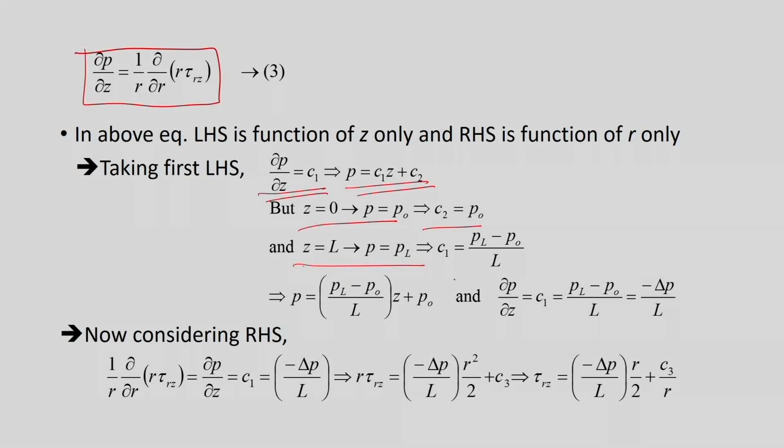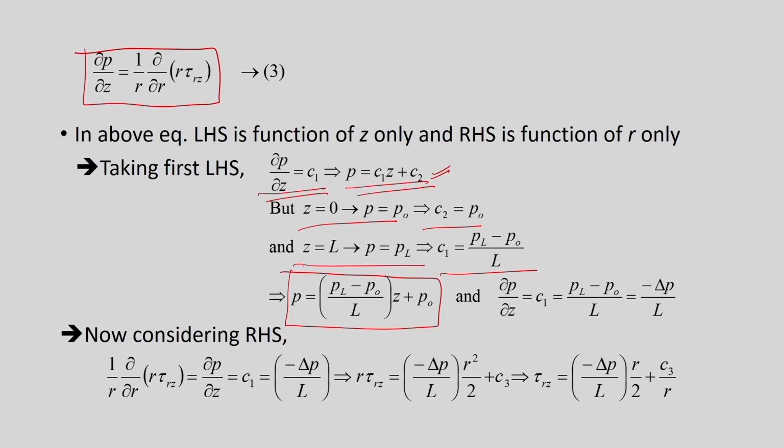Then you get C1 is equal to (PL minus P0) by L by substituting here in this equation, and then taking C2 as P0, right? So when you substitute this C1 and C2 in this equation again, we get the pressure distribution like this, which shows a linear dependence. The pressure distribution in the z direction is